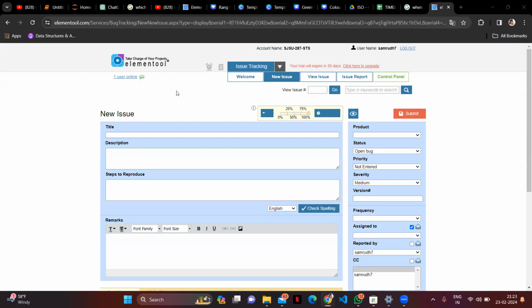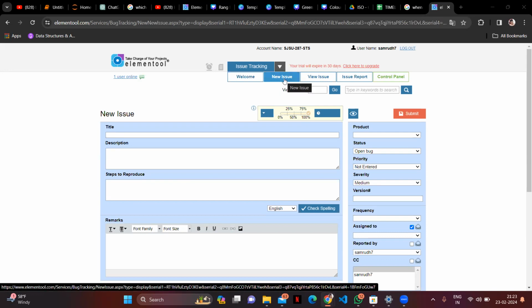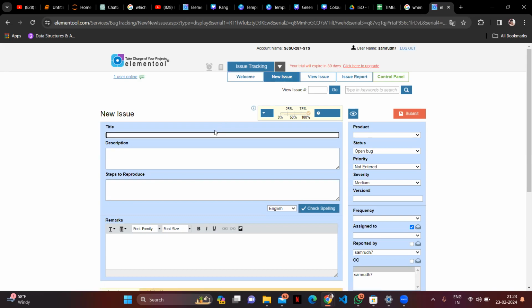So this is the Elementool tool where you can create a new issue. After navigating to this new issue tab, we can create a new issue. So I have found an issue on a page called